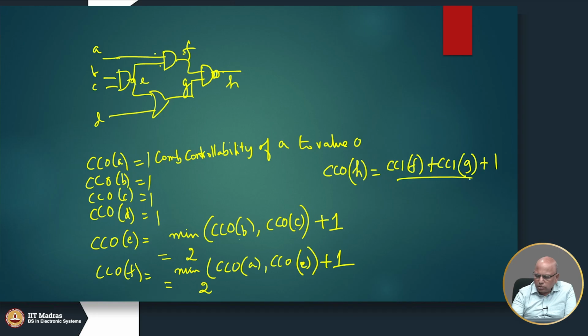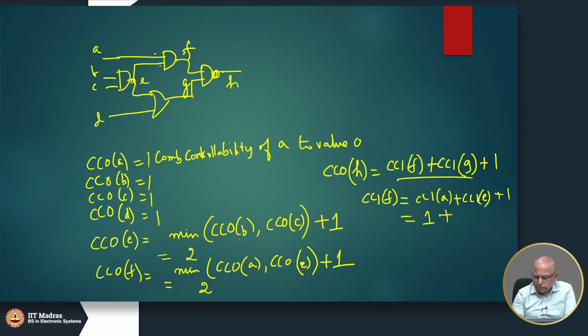We have not yet figured out how to calculate CC1 of f, etc. So, let us do that. So, CC1 of f, it is an AND gate. So, to set the AND gate output to 1, I had to add the CC1 of a plus CC1 of e plus 1. Now, CC1 of a is 1 because it is a primary input, whereas CC1 of e,